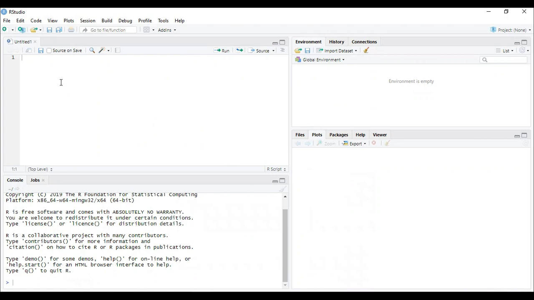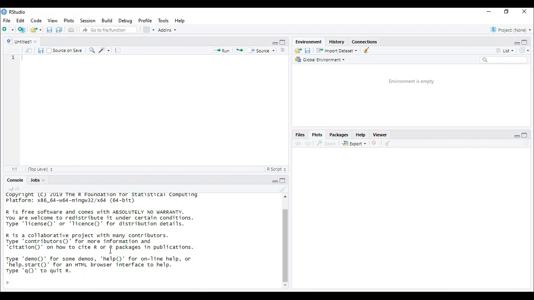So in the upper left corner, we have the source panel. So this is the place where we will mostly be writing our codes and saving the scripts as a text file from here. And this is the console panel. Here we are usually gonna get the results of the codes or commands run in the source panel, or we can just directly write the commands here and see the result instantly. And it's particularly useful when you're just interactively